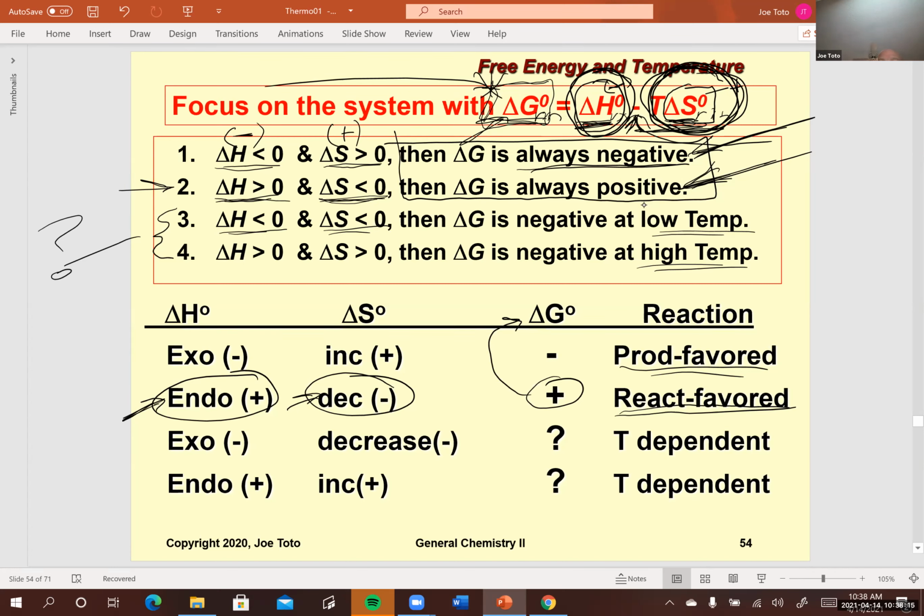And these are the guys that are kind of interesting. Those reactions that you have a little more power over to determine which way the reaction is going to go spontaneously. Well, it's not going. I'm not getting any products. Well, maybe you can change the temperature. If it's case 1 and 2, forget about it. There's nothing you can do. Case 3 and 4, there is. So this gives you power over which way you can force a reaction to go, because you can change the temperature. There's nothing in case 1 and 2 that you can do.